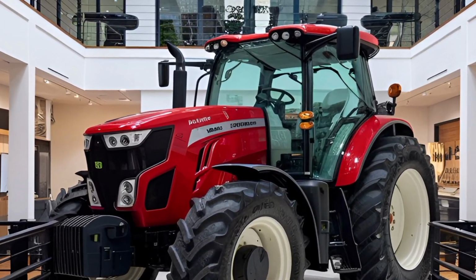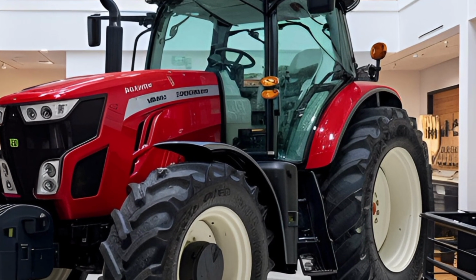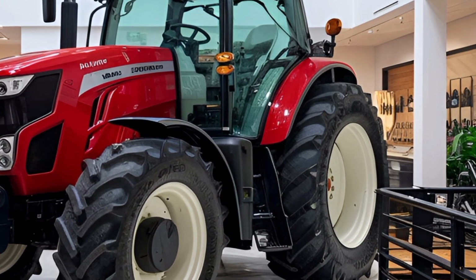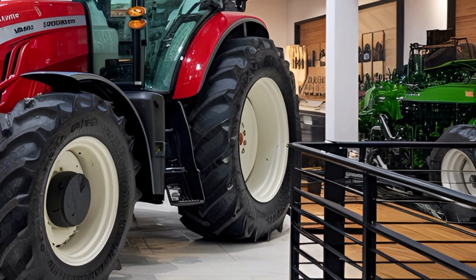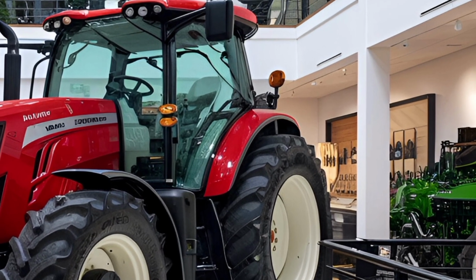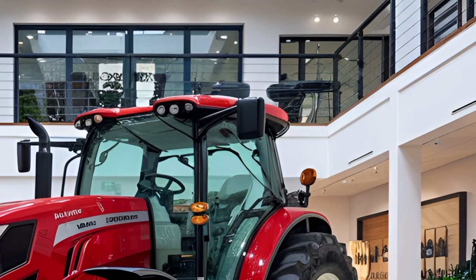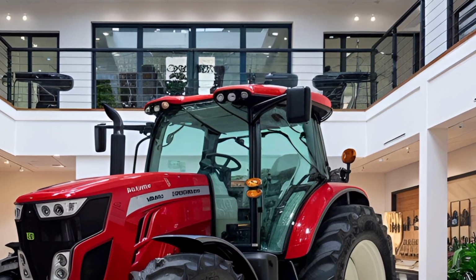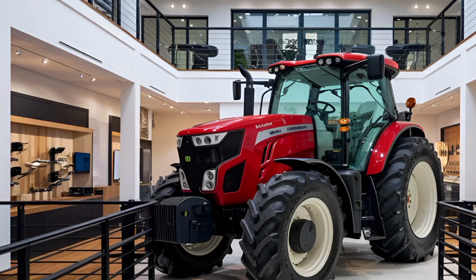Today we are talking about the McCormick Tractor 2025. The McCormick Tractor 2025 model is finally here, bringing a bold new look and advanced features that will excite agricultural enthusiasts and professionals alike. One of the standout updates is the refreshed color scheme, giving the tractor a more modern and dynamic appearance. The updated design doesn't just stop at aesthetics, it reflects McCormick's ongoing commitment to blending innovation with